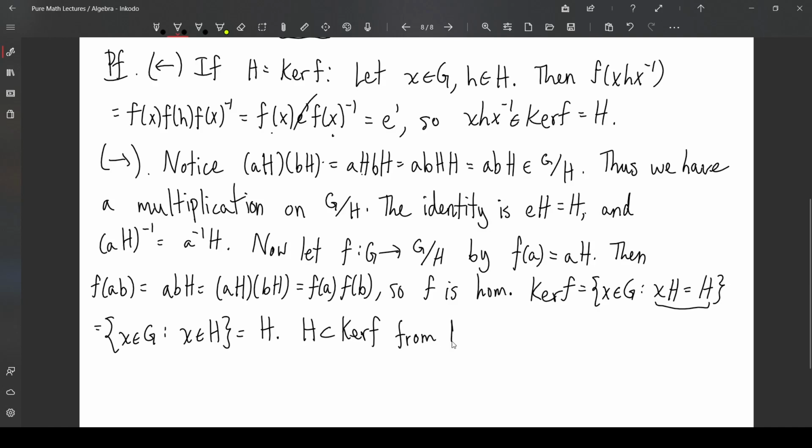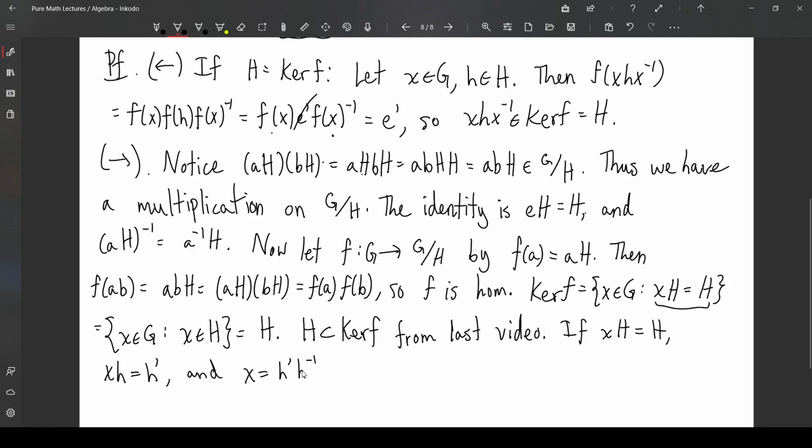So this is from last video. And then if x h equals h, then how should I say this? x h, and, right, we can pick some equality, x h equals h prime, and then we